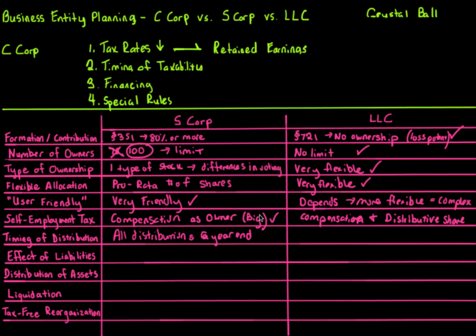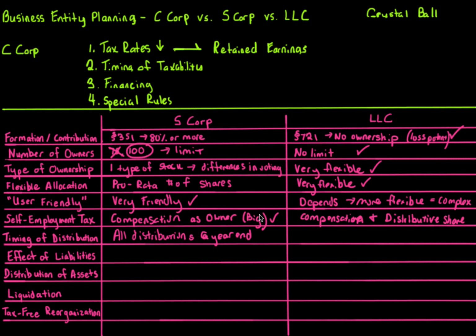Well, a distribution always comes, we always look at that after. Distributions reduce basis, right? And you can only take distributions up to basis. The amount of a distribution beyond the basis of an S corporation or LLC results in gain. Capital gain, but still gain. Important. Very important. Because with the S corp, all distributions, whether it's the June 30th in my example or the